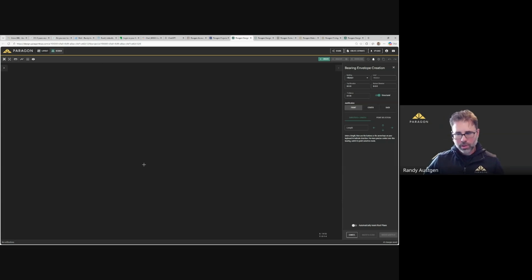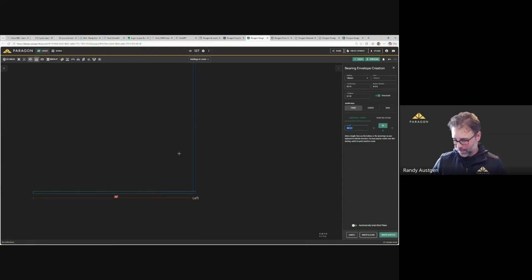So while you are in this bearing mode, I'm just using the keys on my keyboard. I just hit the right key, and you can see over here on the right side, the right arrow highlighted. I'm going to do something pretty darn simple here. So we're going to go right 30 feet on the keyboard. So I just did right 30 feet, press enter. There you go. Up, here we go, 20 feet, left 30 feet, and so on.